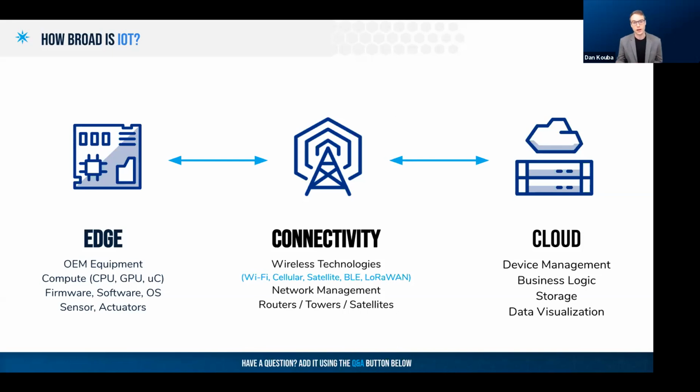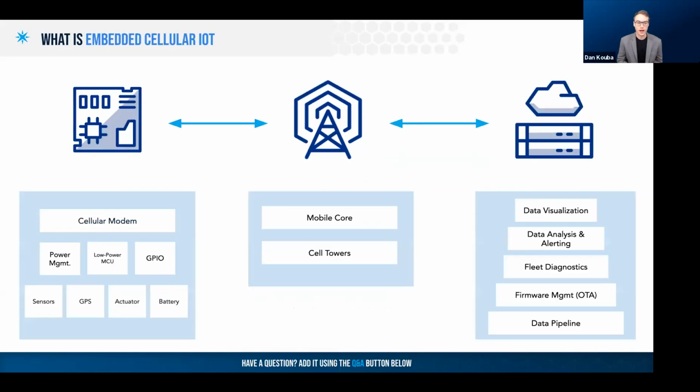And then you're going to have your connectivity layer. This is going to be any wireless technology that you use. So we've shown a few here, but obviously there are many more that are used in these kinds of deployments. But it's going to include that technology, whatever connectivity provider may be offering that, any infrastructure or backend networks on that end. And then finally, in the cloud, this is where you're going to handle any of your fleet management, device management, where your data is going to be stored or possibly analyzed. And then on top of that, wherever you're going to offer your customer and user experience, whoever that may be, internal or external.